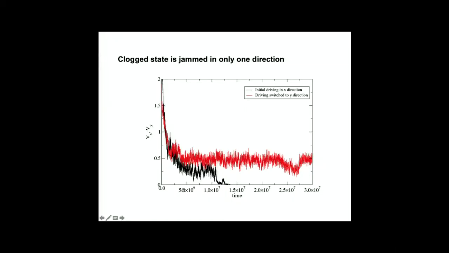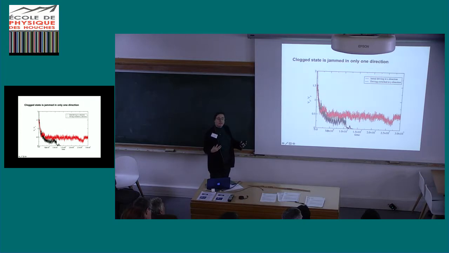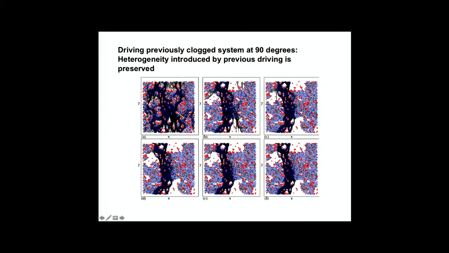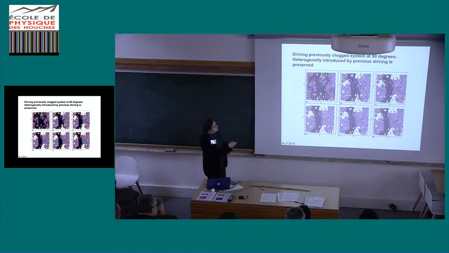Just a final note about the clogged state: it is fragile in the sense that it has information in it about which direction it was formed. So if I start flowing my system in the x direction and it clogs, if I rotate the drive by 90 degrees, it may not clog. It might continue to flow. So I can actually unclog it just by changing the direction. In this case, it formed a void when I was flowing the grains in the x direction, and then when I rotate the drive into the y direction, the grains are able to get into that void and keep flowing, and then there's not enough density in this channel for this to ever clog, at least on the timescales that I measured. So that's a distinction between these two states.